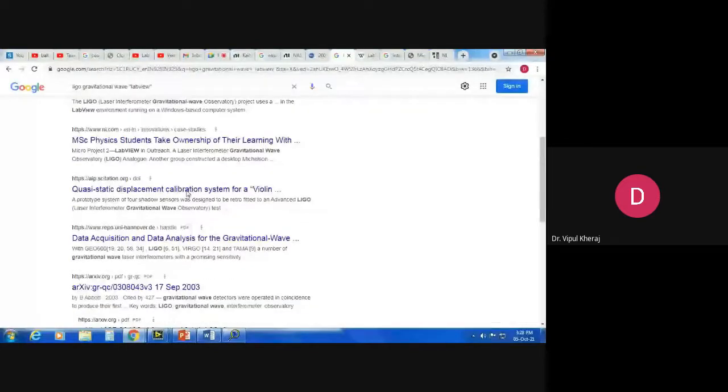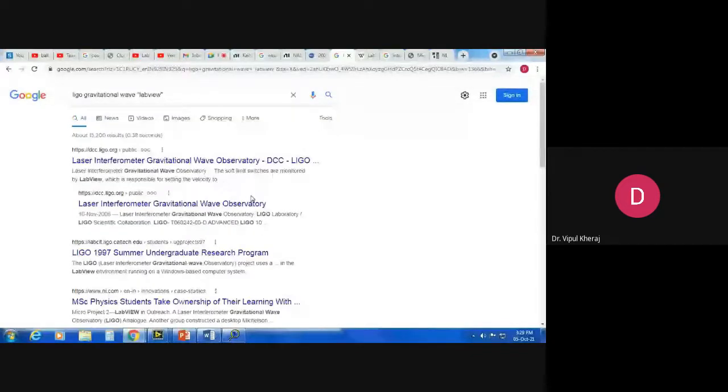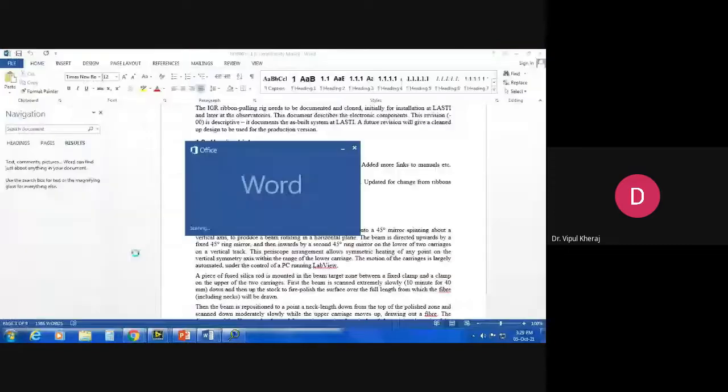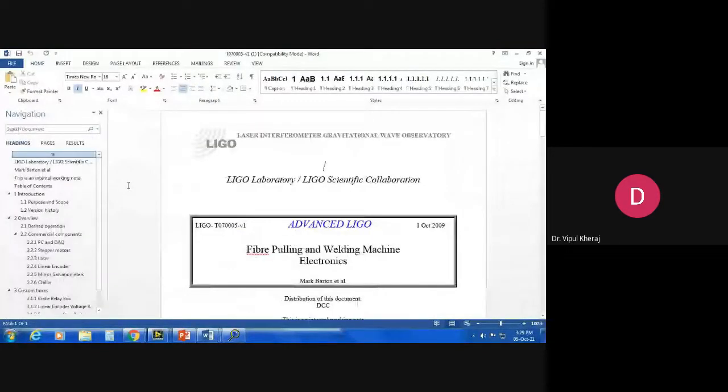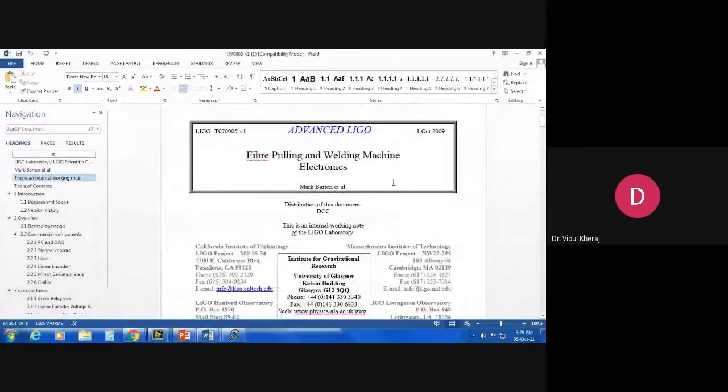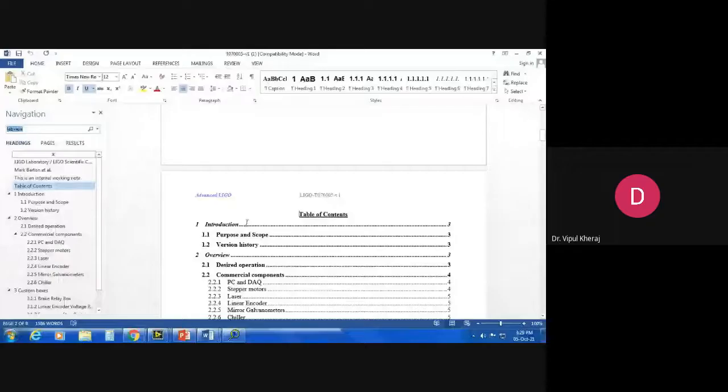But anyways, I somehow found the internal logbook of LIGO, and also internal notes of LIGO, and it's available in the public domain. They have mentioned what software they use to control their vibration tables and control their switches and mirrors. This one is advanced LIGO, and if you search for LabVIEW,